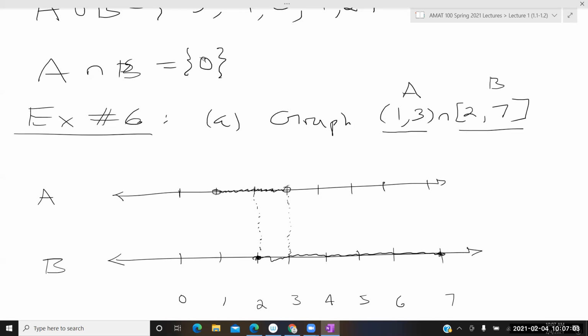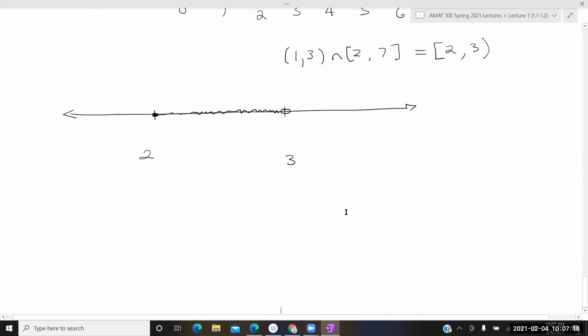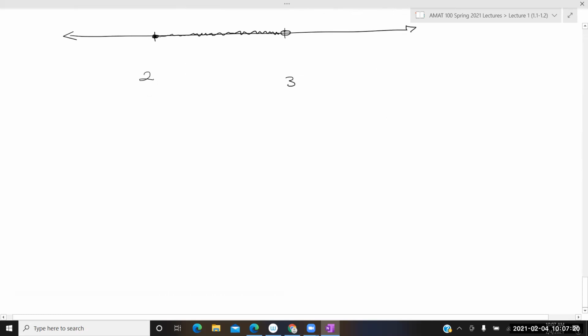So the last thing I want to do in section 1.1 is absolute value. And it's pretty straightforward. So the absolute value: if A is a real number, the absolute value